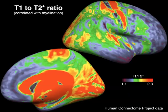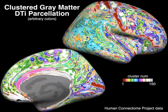And so this is the T1 data done by a different method, but a T1 data, and you can see M1 and S1 as you'd expect. This is those clusters of gray matter diffusion features referenced to the local normal. And you can see, going back and forth between those, they find a lot of the same things, but there's enough difference. We probably have an extra couple dimensions to work with, and we've done further classification methods using various